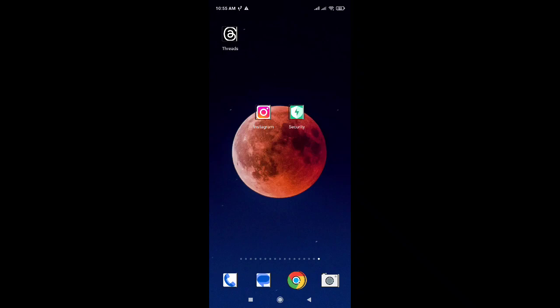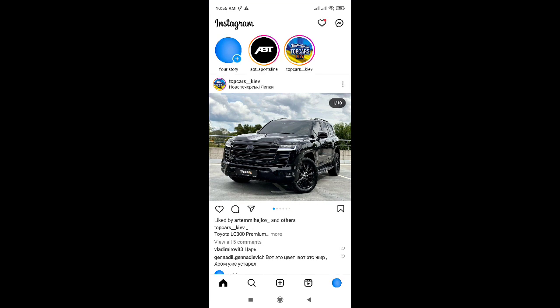Hello, in this video I want to show you how to remove the Instagram Reels watermark on the Instagram app. First we need to go to the Instagram app on our phone, open it by clicking on the icon, then go to the profile